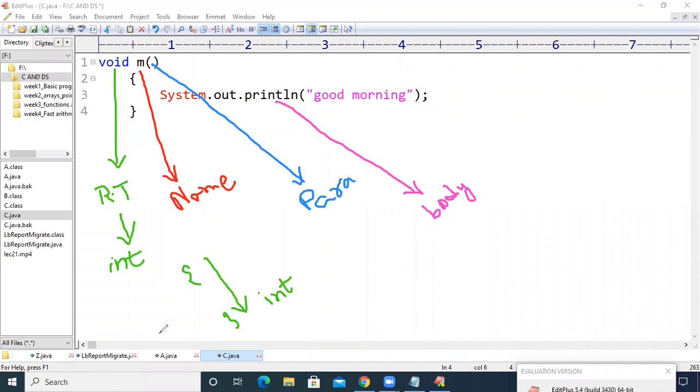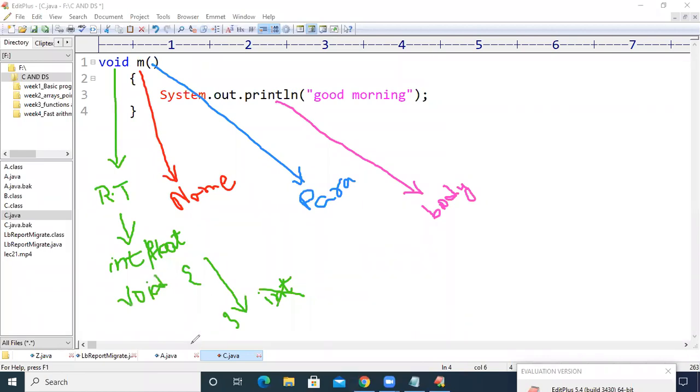If after executing such a method a floating point value is returned to the compiler, then we have to mention the return type as float. Or if a character is returned, then we maintain the return type as character. In case nothing is going to be returned to the compiler, in such cases we maintain void as the return type.